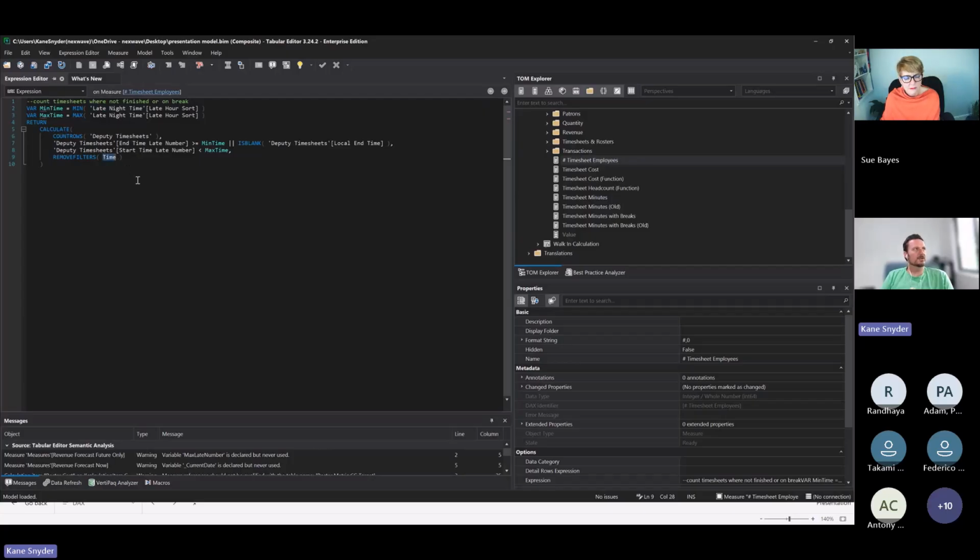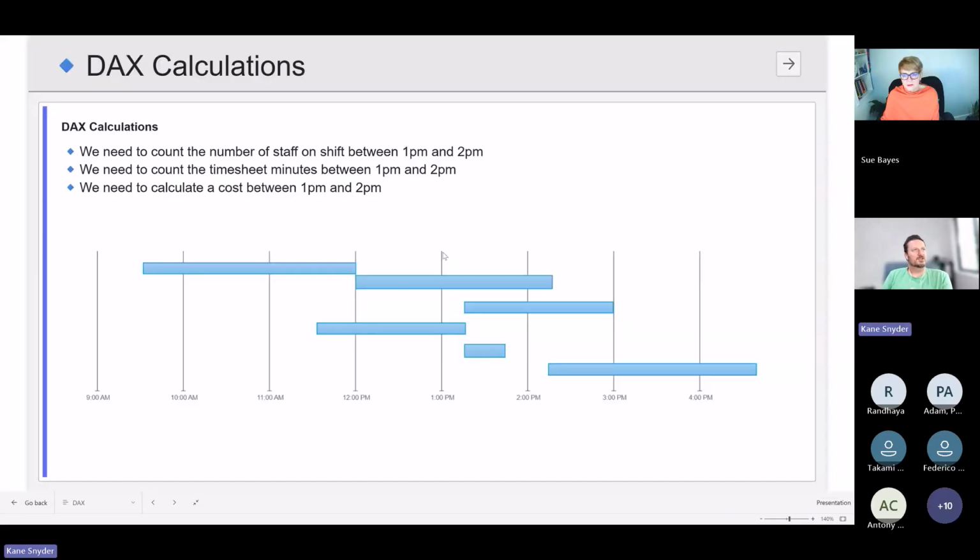if we go back to our diagram, we can't just count the timesheets because everything's filtered by 1 p.m., and none of these start at 1 p.m. These start in here, so you'd probably get those two if you did a count rows.